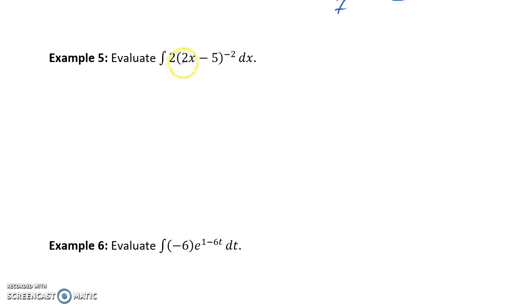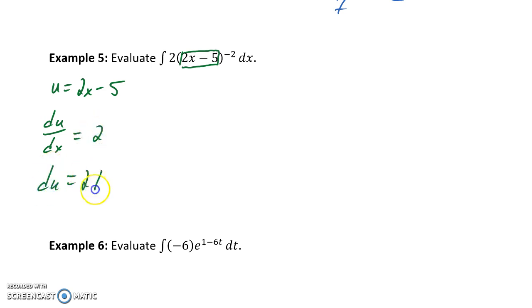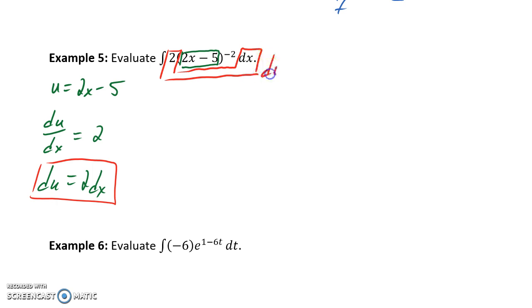In example 5, our interior function would be this 2x minus 5, which is being raised to the negative 2nd power. So we would make our substitution and then take the derivative of both sides. So we know that du is equal to 2dx, so we can use that 2 out front combined with the dx at the end to swap out for du, which would leave us with the integral of u to the negative 2nd power